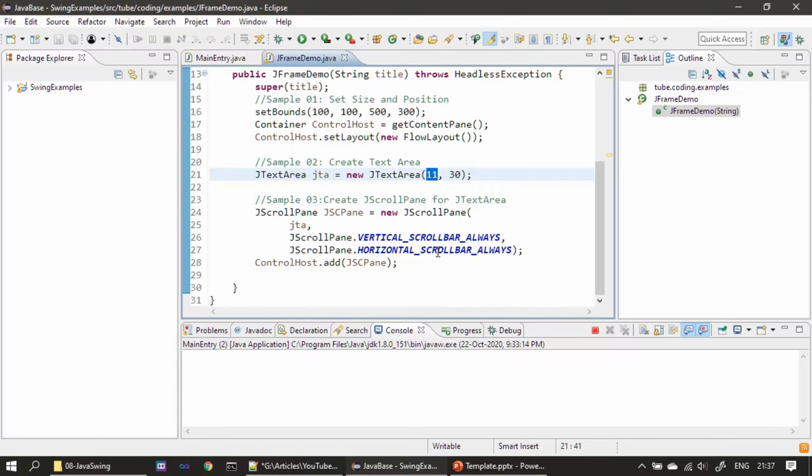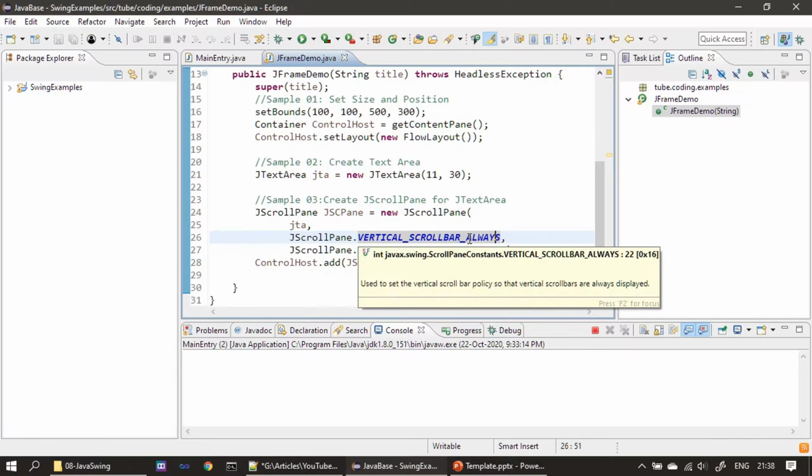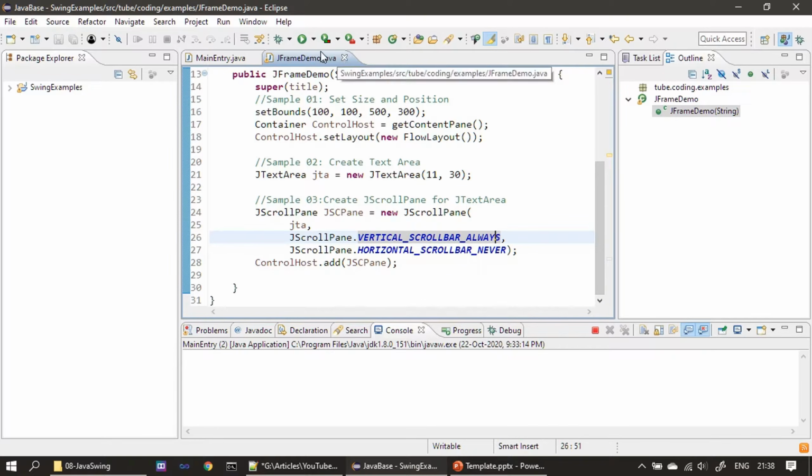So now what we can do is change this horizontal scroll bar constant to horizontal scroll bar never. That means we don't want to display the horizontal scroll bar at all. We want to display only the vertical scroll bar. Now if I run the example,